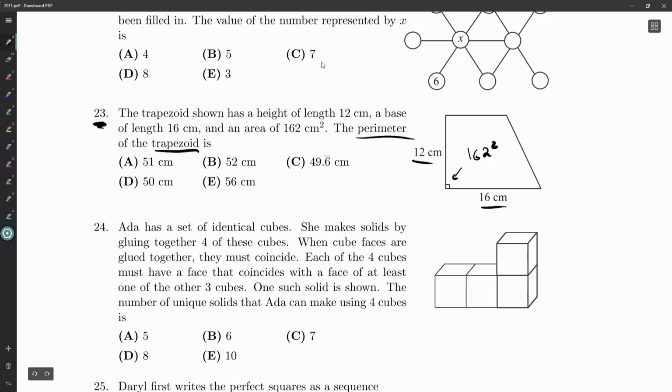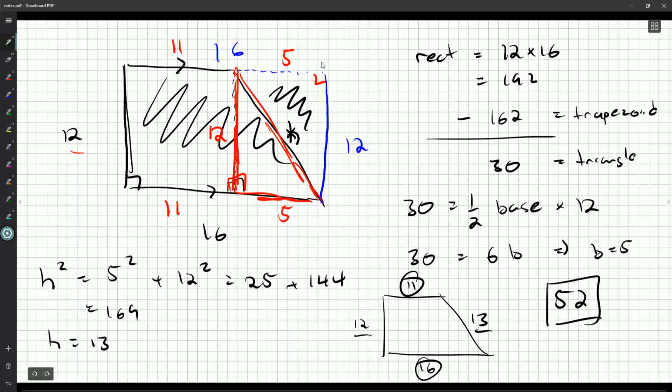Is 52 one of the options? Absolutely it is. It's sitting right there. It's B. So we bubble in B,